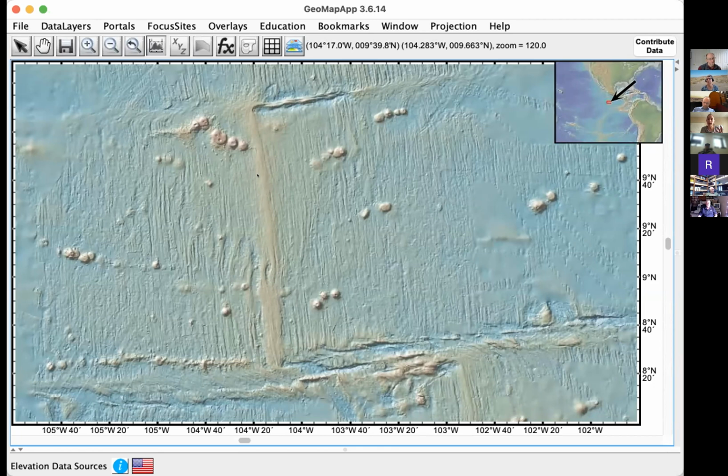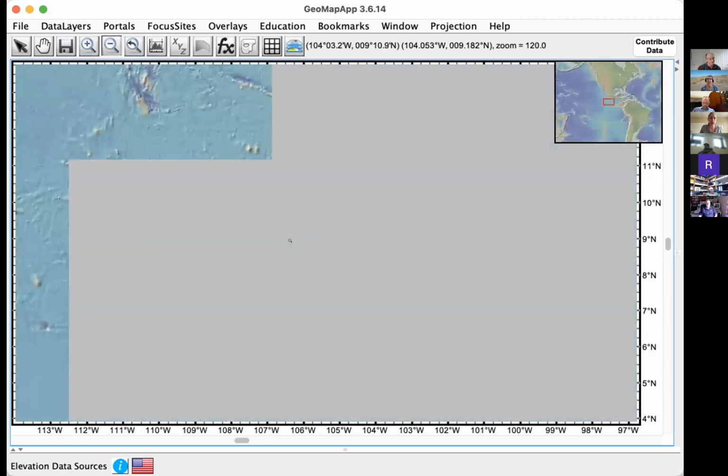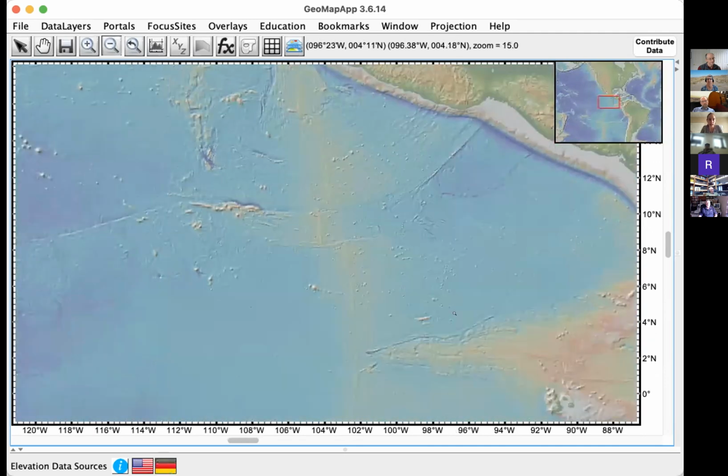Then, depending on the number of students, I would either have them swap and look at something at a slow spreading rate. So if they had looked at EPR, they would then look at the Mid-Atlantic Ridge or Southwest Indian Ridge. I will just zoom out for those that don't look at that a lot. So one of the other localities that they were given,